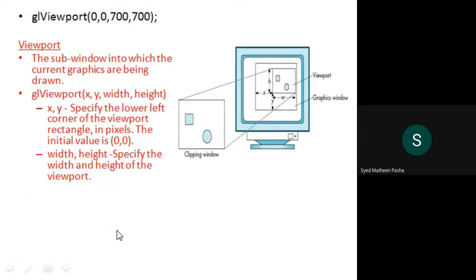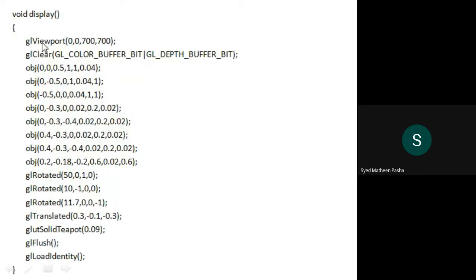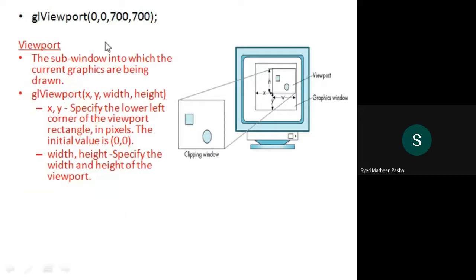Then, as we have seen the viewport function here, we'll check out in detail what happens in this particular viewport function. We saw in the class also how the viewport function is defined. It is defined with parameters x, y, as well as width and height. So the x and y values of that particular viewport are 0, 0, and the width and height are 700, 700, which basically results in a clipping window.